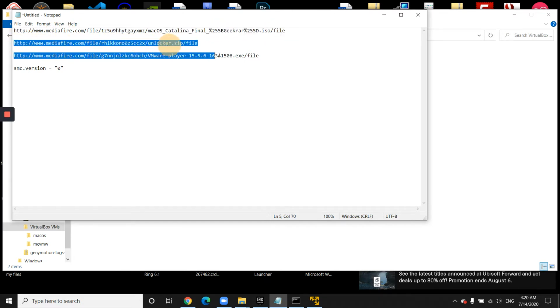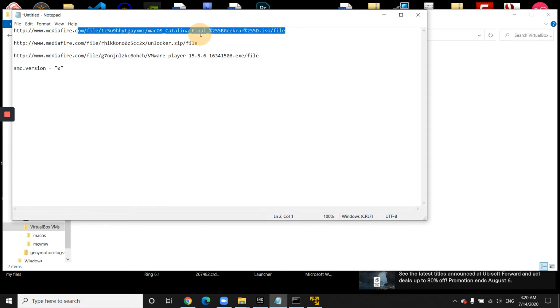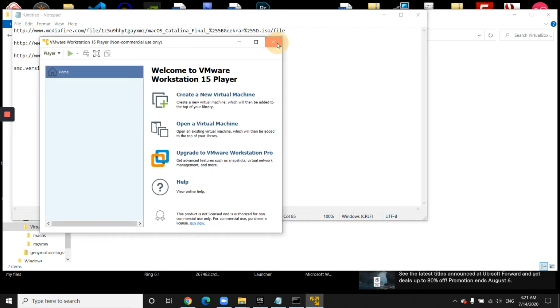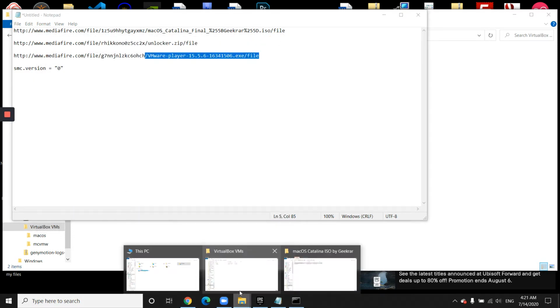Copy and download all these files first. This one is the ISO file for macOS, this one is the VMware file, and this is the unlocker file to unlock macOS for VMware Player. First of all, download and install VMware Player, and make sure that you choose for personal use only. After you install VMware Player, close it and just go to the